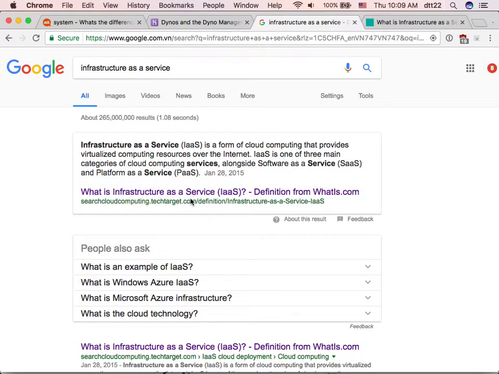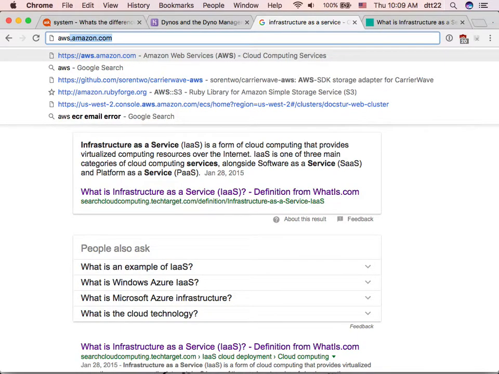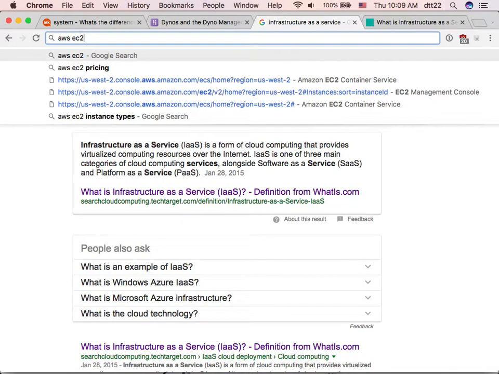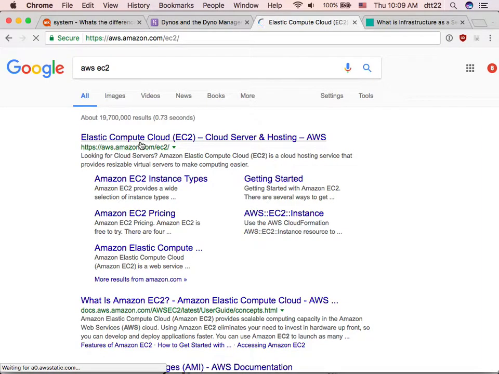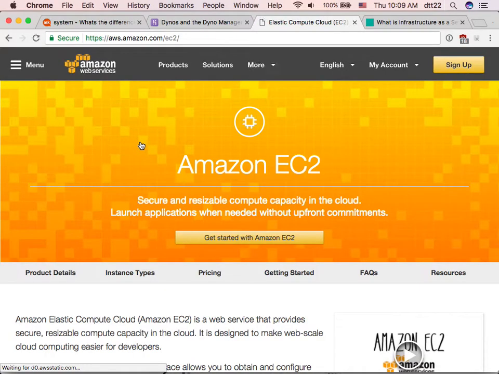But the two most common options, if you look at Amazon, Amazon has so many services. This is Elastic Cloud. Amazon Elastic Cloud is something that, basically imagine that is the infrastructure that Heroku uses, right? And so you can basically say, give me this space, this much storage, this operating system, and then you run it. Now this is similar to DigitalOcean.